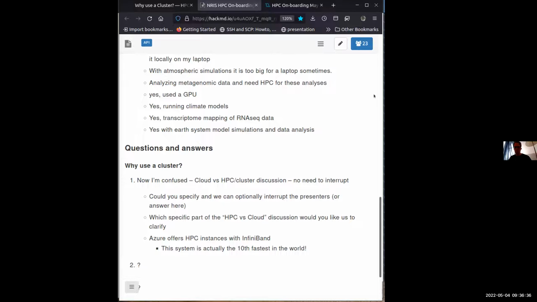And maybe I can add something which hopefully clarifies and hopefully doesn't confuse. Let's imagine that I'm a research group and I'm thinking, should I apply for a cloud instance or should I apply for NRIS high performance computing? For me, the question would be, if I need a lot of compute power only next week for 3 days, and then I don't need it for the rest of the year, I might go for the cloud.